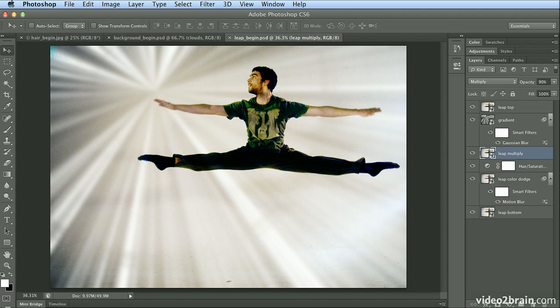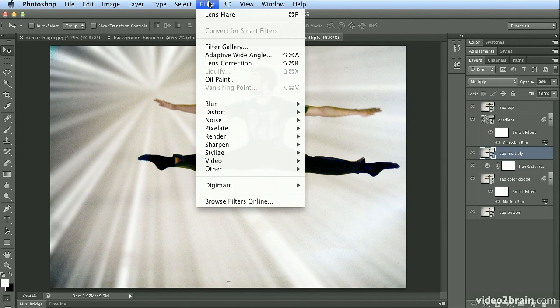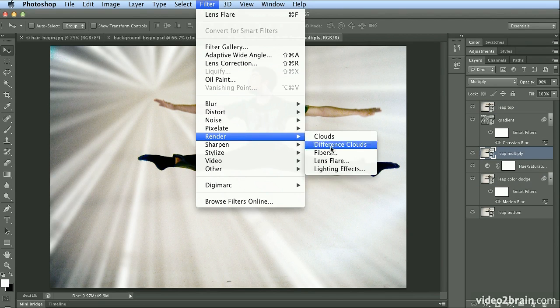Photoshop has some very cool lighting effects, and I've got a few images prepared for you to play with them. We're going to start with this leap image, and I'm on the leap multiply layer. I've named each layer according to their layer blending mode, which is creating some neat effects. But on the leap multiply layer, I'm going to try filter, render, and there's a few very fun ones, but